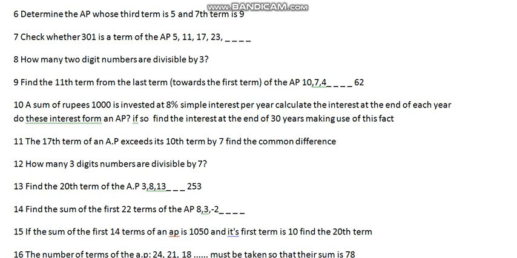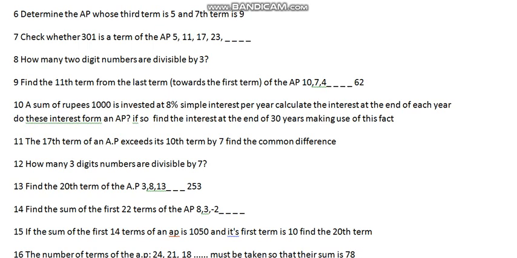How many 2-digit numbers are divisible by 3? Very simple. 2-digit numbers start from 10, among 10 to 99. From those numbers you are going to find which are divisible by 3. Very interesting. The first 2-digit number is 10 and the last one is 99. But divisible by 3 means you are not going to take 10, you are going to take from 12, and so on to 15, something like this sequence. So you are going to get that type of questions. Once again, this may be asked for 3 marks.